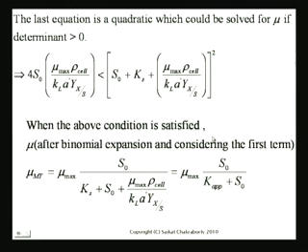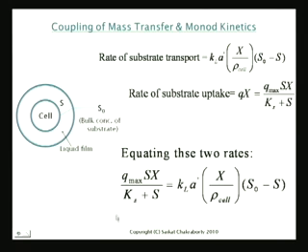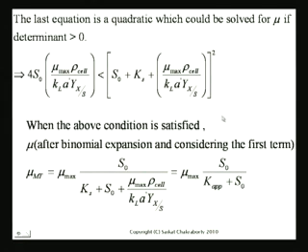What am I trying to do here is, see, my model that I have over here, this one, is a model for the Monod growth, okay? But the actual growth that is taking place is not the Monod growth. Why? Because it's limited by mass transfer, because it's limited by transport, and therefore the actual growth is not the same as the Monod growth, okay? So what I'm trying to do is find out what is my actual growth, and there's a little bit of algebra that is here, and you can have a look at that when you go back home.